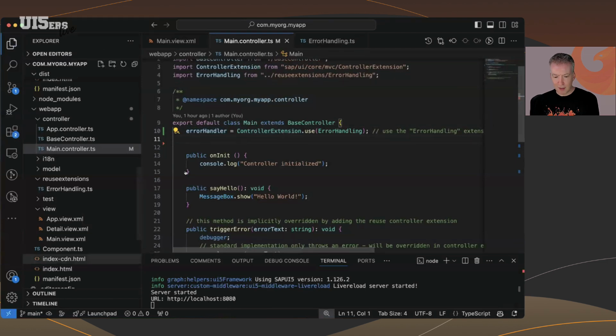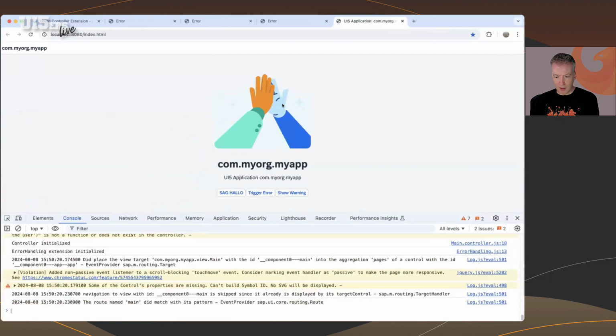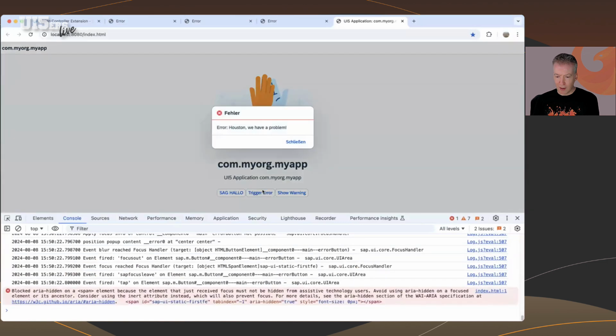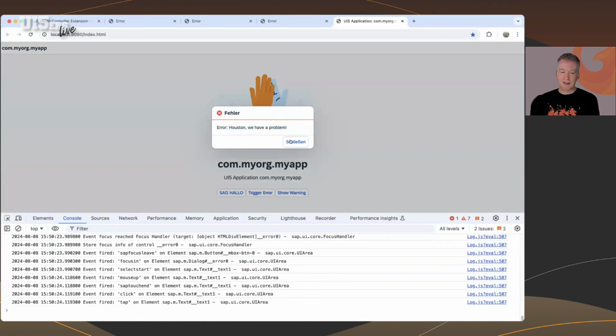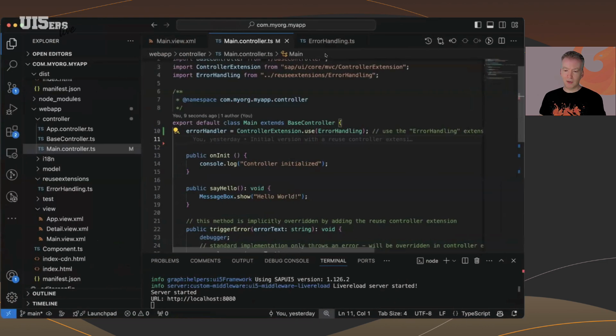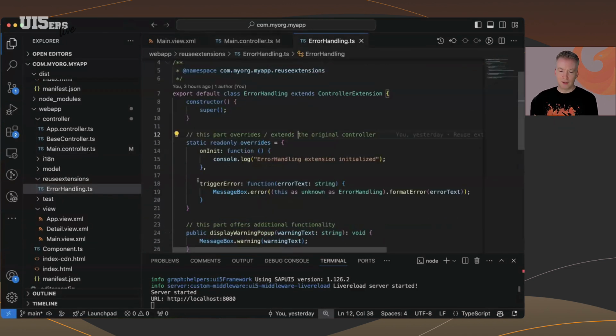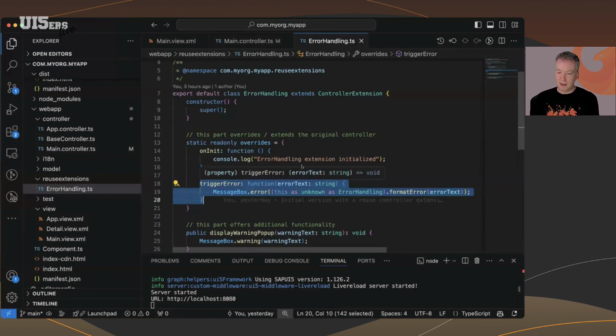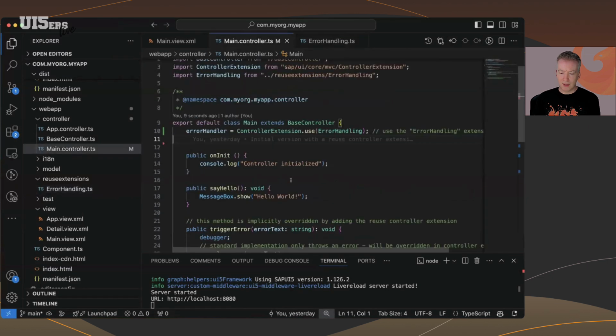So when I save this, the page is automatically reloading. And I now click trigger error. Now we get the nice error pop-up because the controller extension has overridden the function. As I said, it could be called in different ways. It could, for example, also